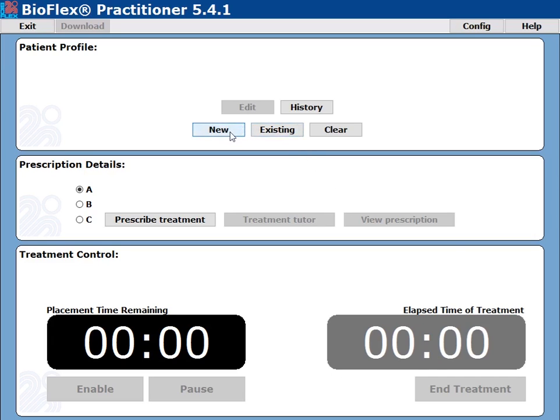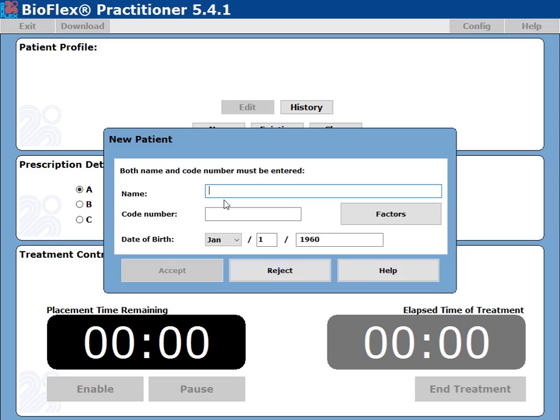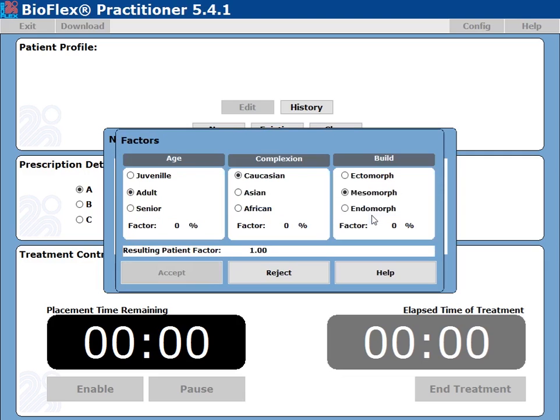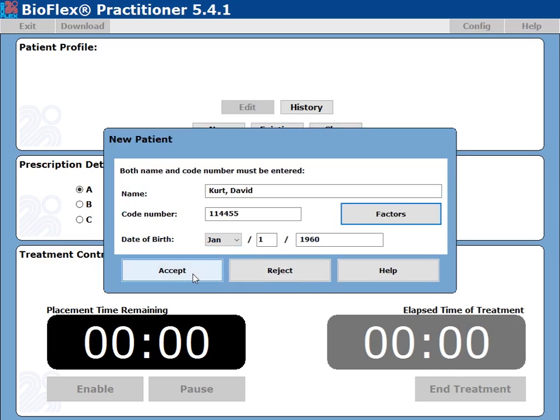So for example, if we put in a new patient and put in their name, let's just say their surname is, say, Kurt, and then put in their first name, then put in the specific code for that patient, their birth date, and then you can go to factors. So recall that if this patient is, for example, Asian, then we would increase, if we clicked on that patient factor, you notice that the resulting patient factor increases by 10%. That, of course, means that the total treatment time will increase by 10%. So if we accept this for this patient,